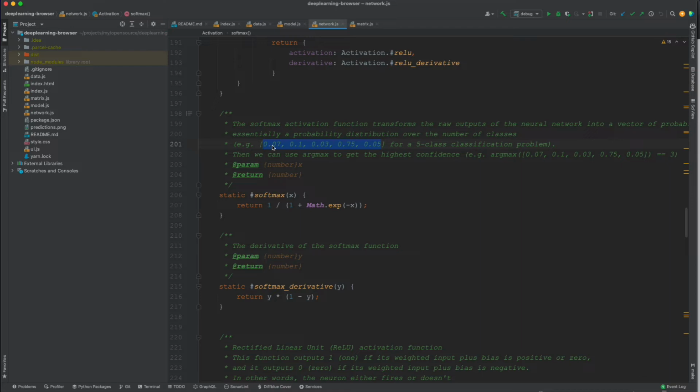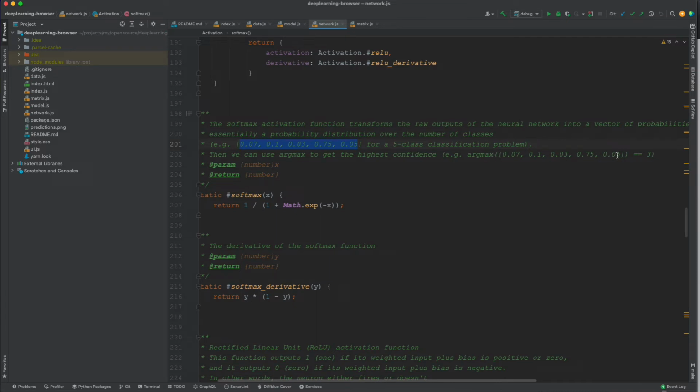And how we know which is the final output is by looking at the highest probability. So for example, in this one here, we have different probabilities for different classes, and you just take the highest by using argmax